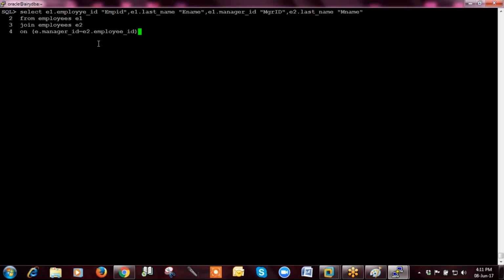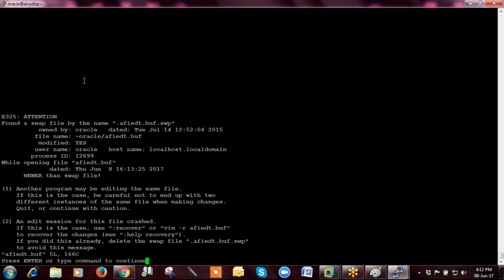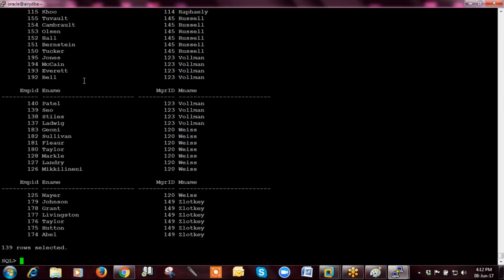Got my point? So when you are joining the same table, creating a joining criteria with the table itself, then that join is called a self join. The first column has a spelling error. The same error is appearing. Employee ID. So you are getting the employee ID, employee name, the manager ID, and the manager name.